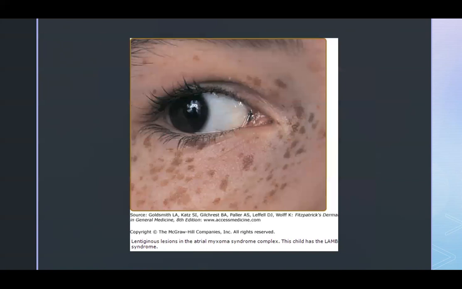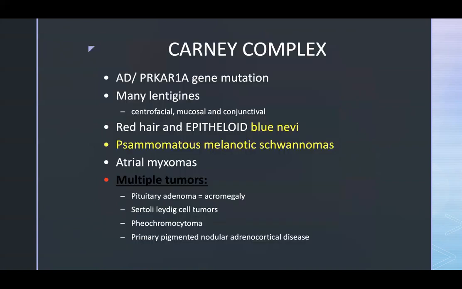Here is an example of lentiginous lesions in atrial myxoma syndrome complex. This is also known as Carney complex. And this child has what we call LAM or NAME syndrome, and we'll get into what that stands for. Carney complex, also known as NAME-LAM syndrome, is a result of an autosomal dominant defect in the gene